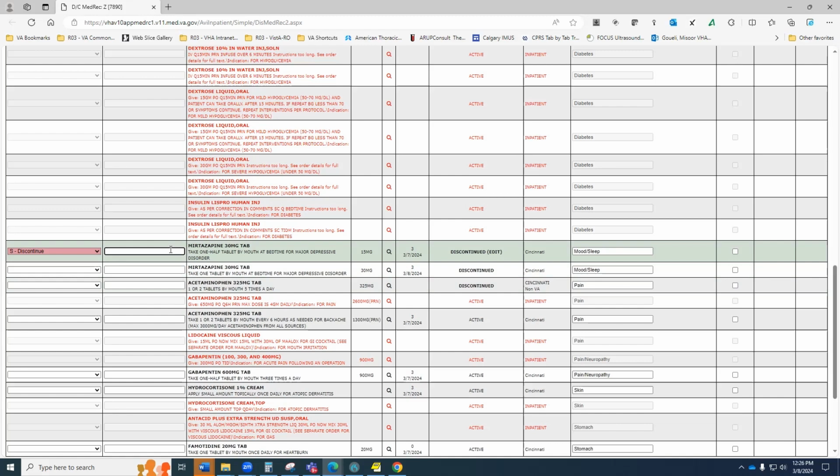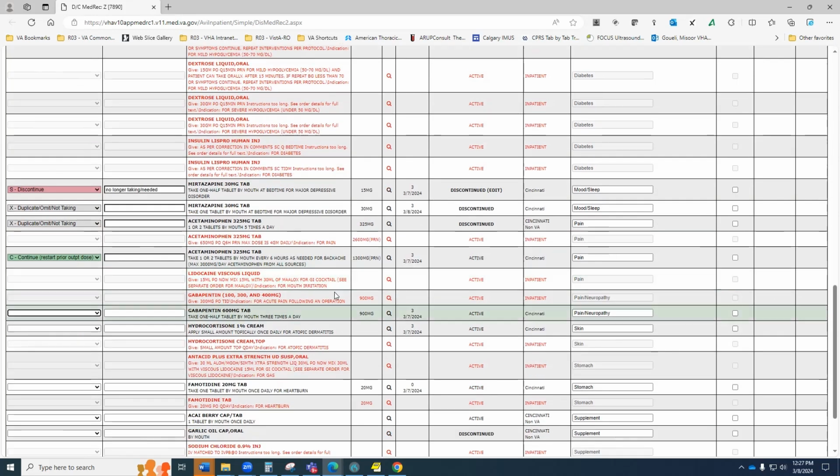So I can say discontinue, no longer taking slash needed, if I feel like that's in my clinical judgment. Now here, I could hit discontinue for both of these, but that just adds an element of confusion once again. So here, what I'll do is I'll actually hit the X button to omit. And then this aspirin here, I'm sorry, this Tylenol will come up again there. Do you see that? So I'm going to go ahead and omit that one, but this one I'm going to continue, and then I'm going to continue the gabapentin as written,